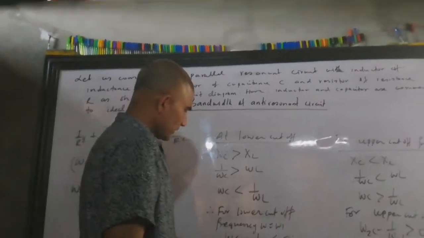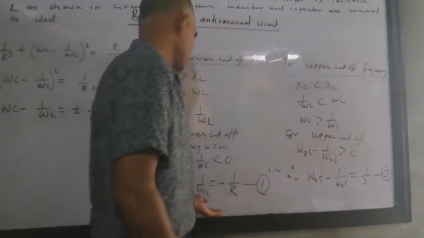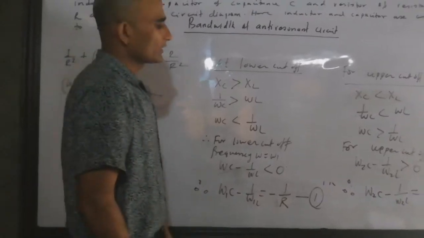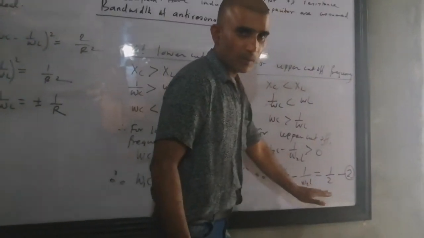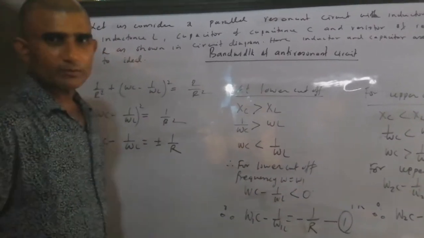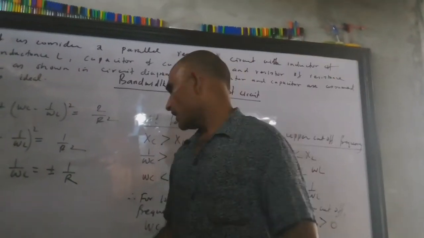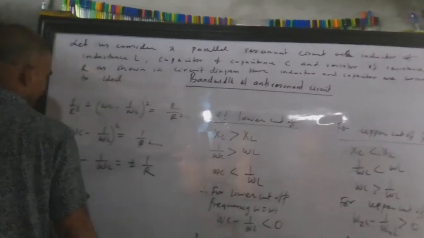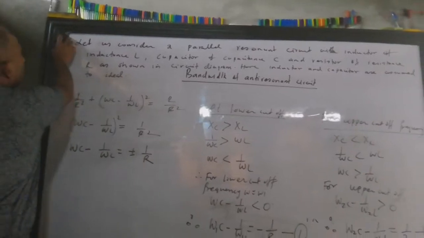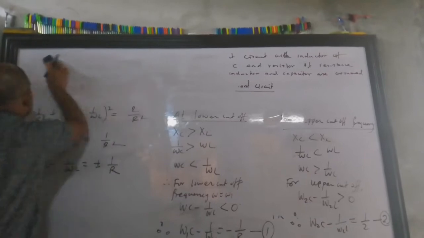So this is very easy for you now. We have two equations, omega 1 for one equation and omega 2 for another equation. If we solve equation 1, we get the lower cutoff, and if we solve this equation, we get the upper cutoff. And after getting the lower and upper cutoff, what is bandwidth? Bandwidth is just the difference of these two frequencies, so very easily you can get it. Now you can pause the video and copy this down, but let me continue.